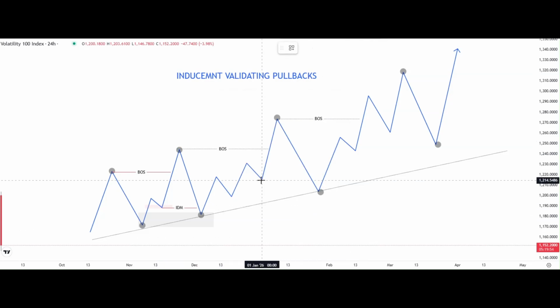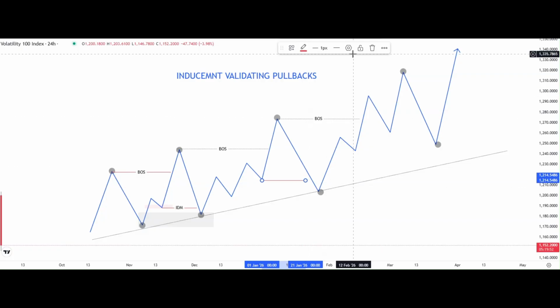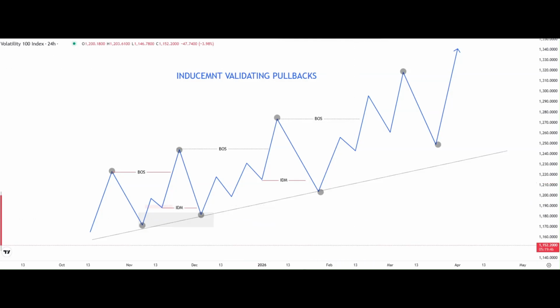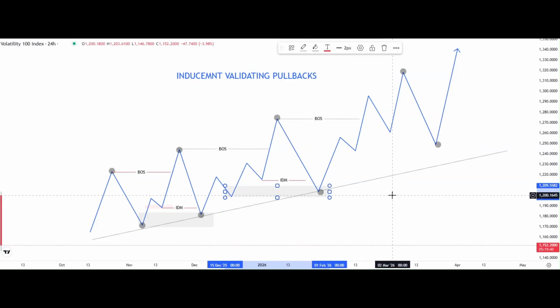So that would in turn make this an area of early buyers. This would be an inducement, and this would be your area of demand, your potential area of demand. This would be a validated, significant, valid swing low, or higher low, that is, right? So